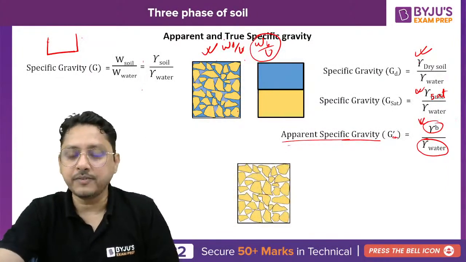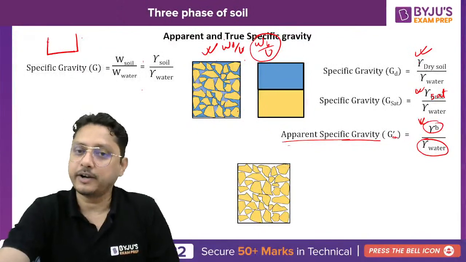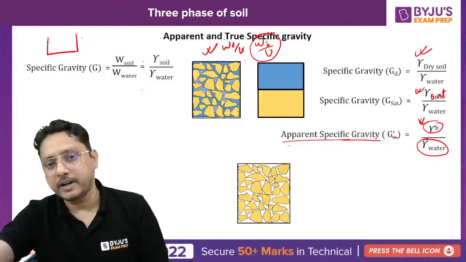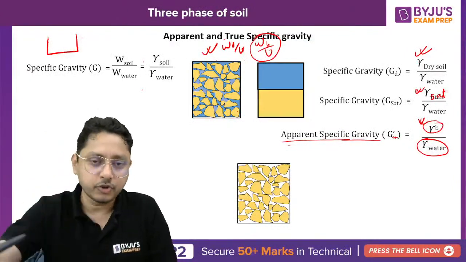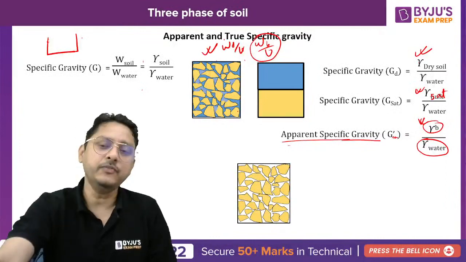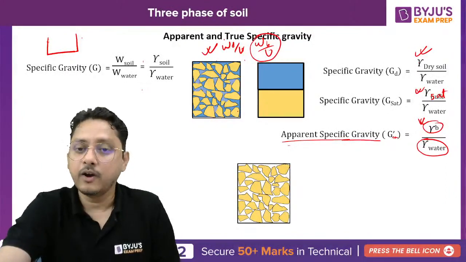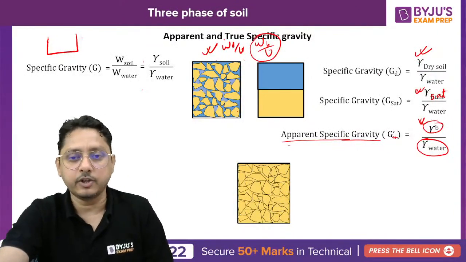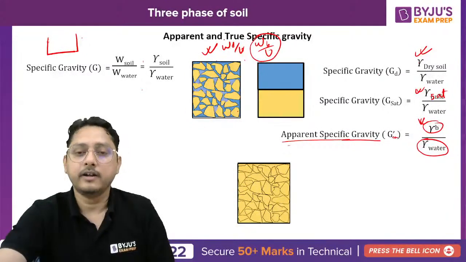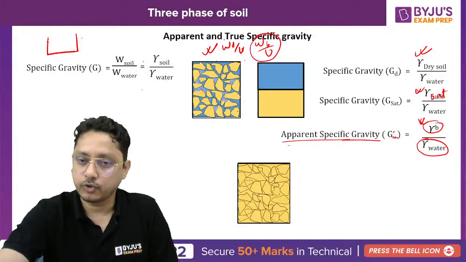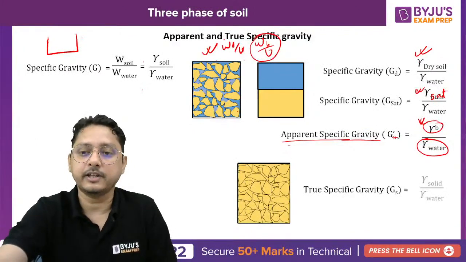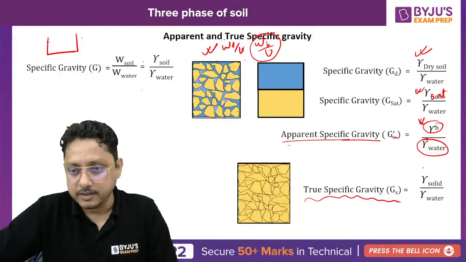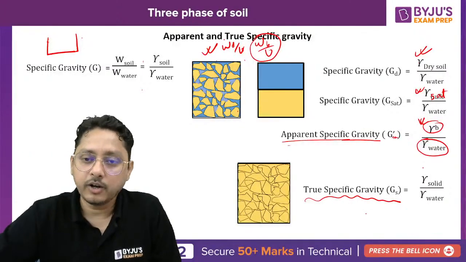The next one is the true specific gravity, which is never going to change for a particular type of soil. Whether it is completely filled with water or with air, whatever the situation, the specific gravity is not going to change, because we are considering the whole volume as filled with solid only. Then you calculate the weight of the solid divided by volume, which gives the unit weight of the solid. Hence, the true specific gravity is unit weight of solid by unit weight of water, which is the maximum one. This one we call the true specific gravity.